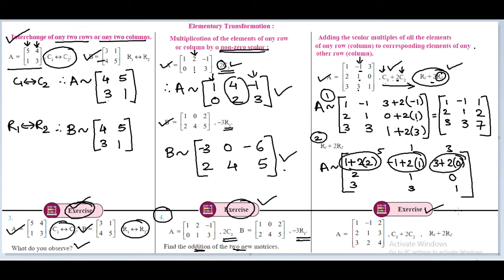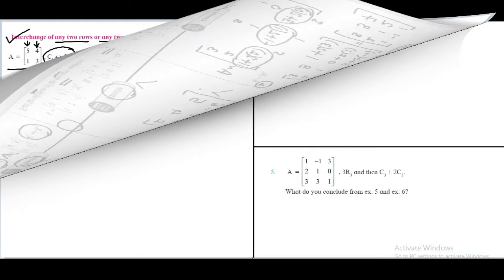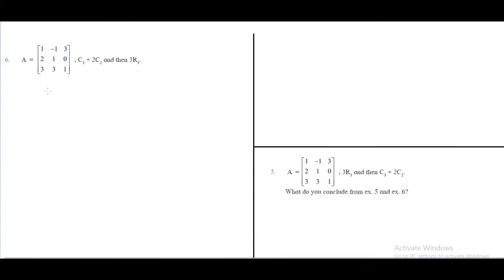This you have to do as a homework. So in this you have got three questions as a homework, that is from the exercise question number 3, question number 4, and one more similar question which is not from the exercise. Now the next question from the exercise, question number 6.